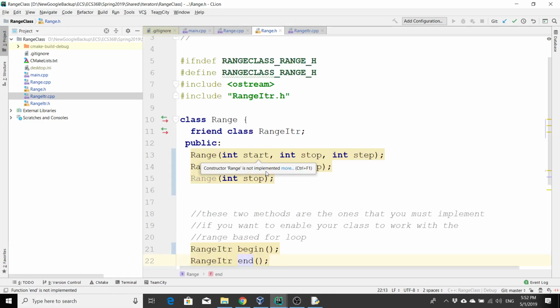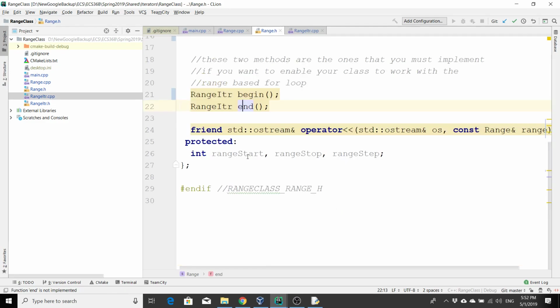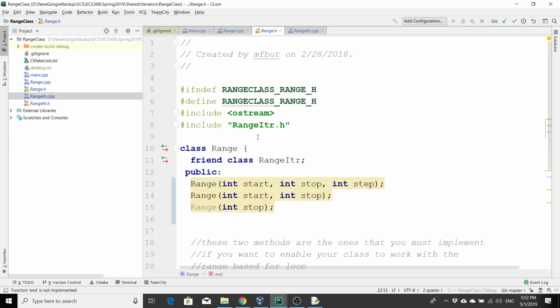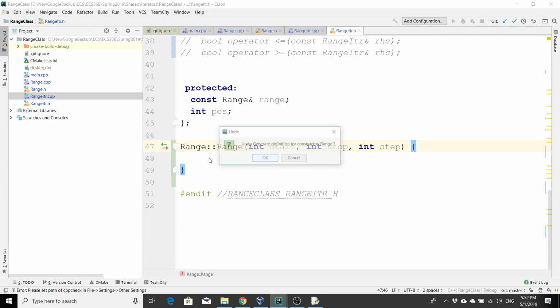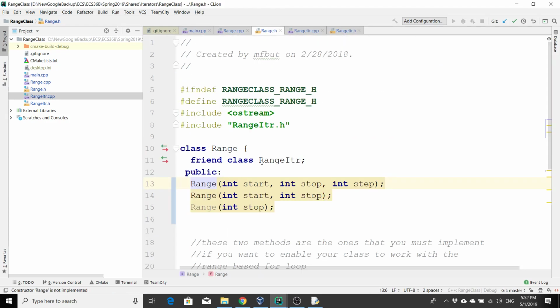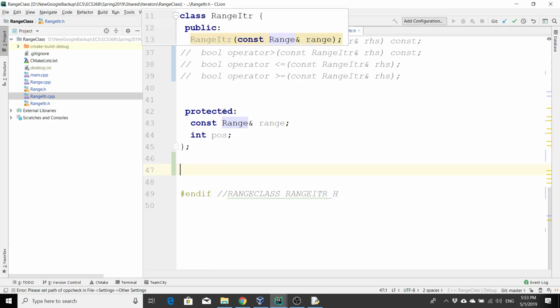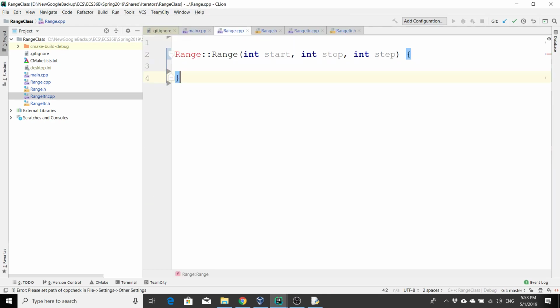So if we go over here to range.h, notice that we have a start, a stop, and a step, right? So here we have 3 different versions of initialization, right? This one should be fairly easy. I'm not sure why this is throwing it inside of range iterator.h. Doesn't make sense. But anyway,